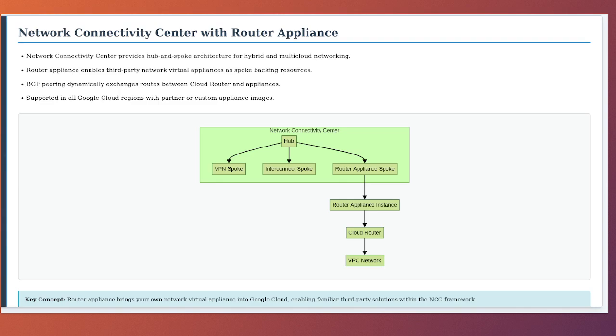The Router Appliance feature is particularly interesting because it allows you to bring your own network virtual appliance, NVA, into Google Cloud and use it as the backing resource for a Network Connectivity Center spoke. This means you can leverage familiar third-party solutions from vendors you already trust while integrating them seamlessly into Google Cloud's